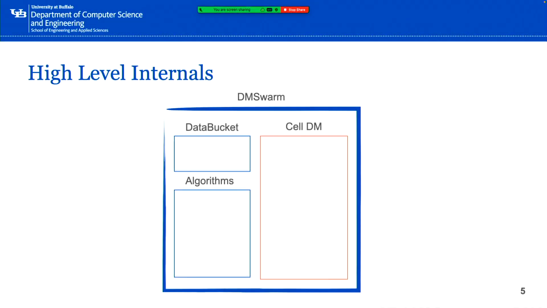Right, so how this kind of looks, we have our data bucket, cell DM, and then our collection of algorithms, which is the really super useful part alongside all these interactions it can have with the different PETSc types. So algorithms for point cell location via the plex, algorithms for inserting particle coordinates, tracking what's called a swarm sort context,